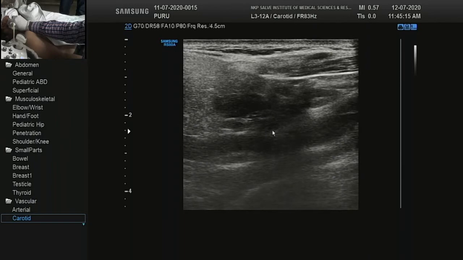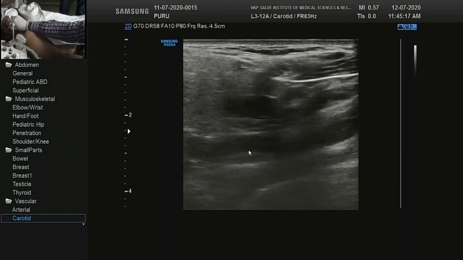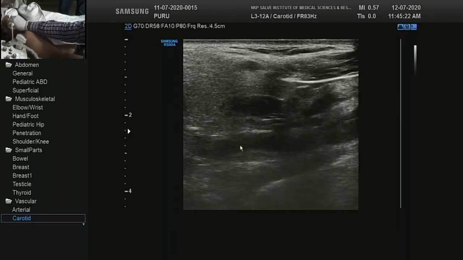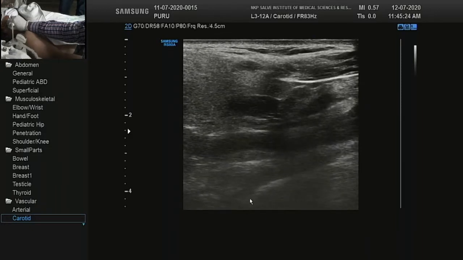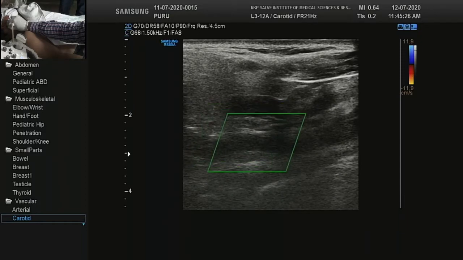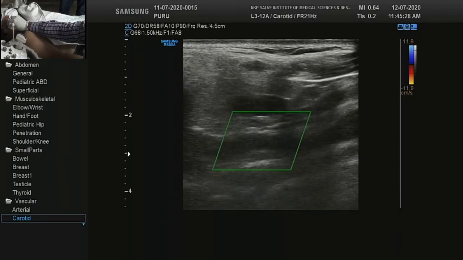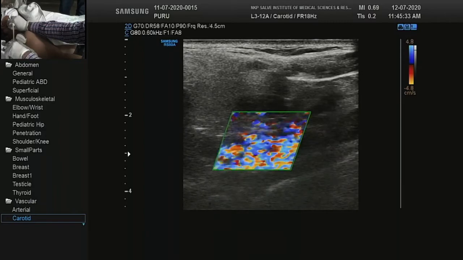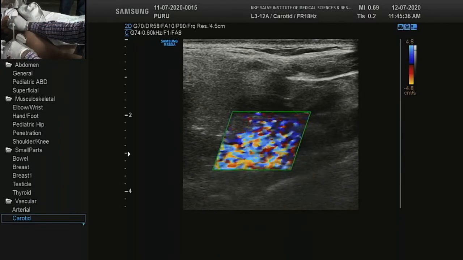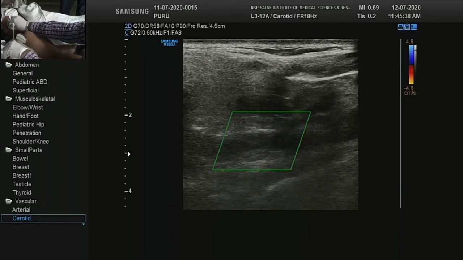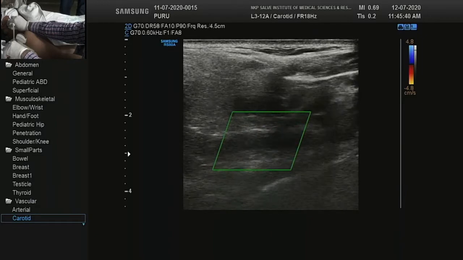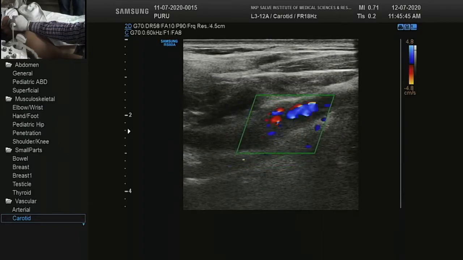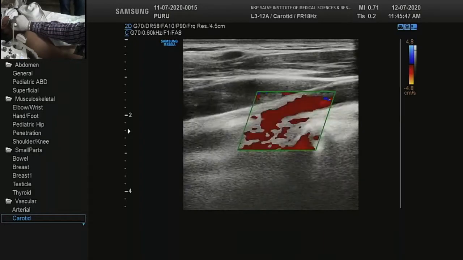These are the transmitted pulsations, but this artery is not pulsatile. Can you see this? This artery is not pulsatile, and I'll put color here. Try to extract whether you can get information from that vessel. I'll reduce the color PRF, increase the gain. No. So there is no flow. So that validates our doubt which we had raised at the beginning of the examination.